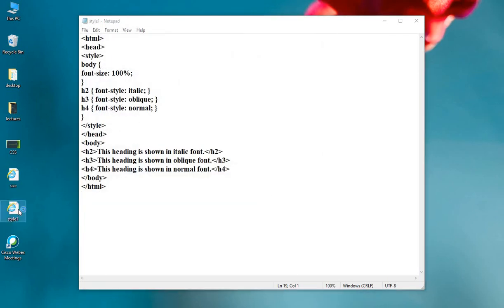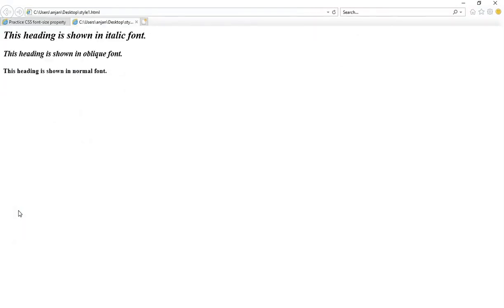You can rerun your file. Now you can see the first is italic font, the second is oblique font, and the third is the normal font.